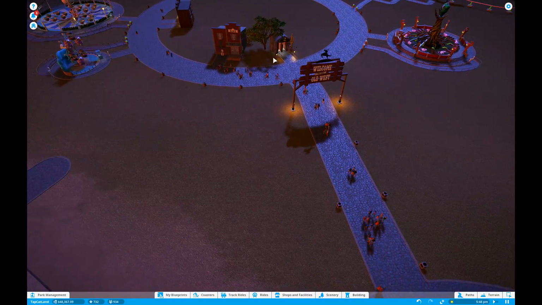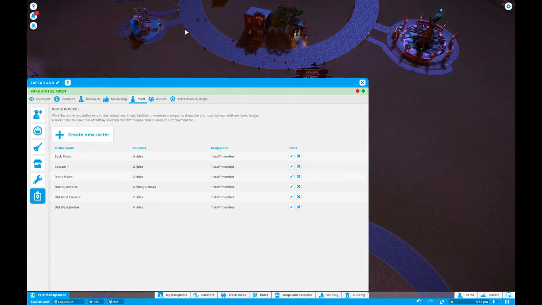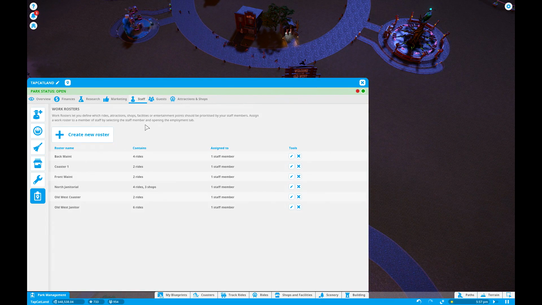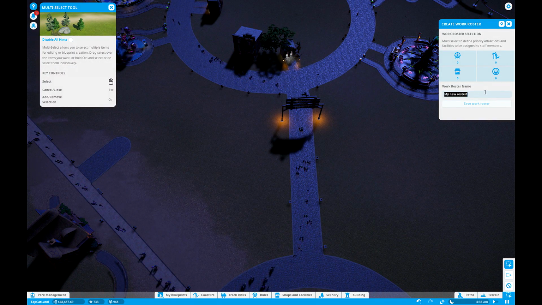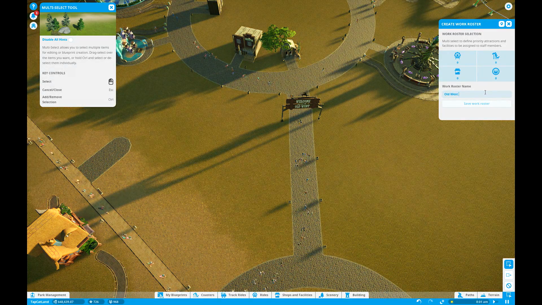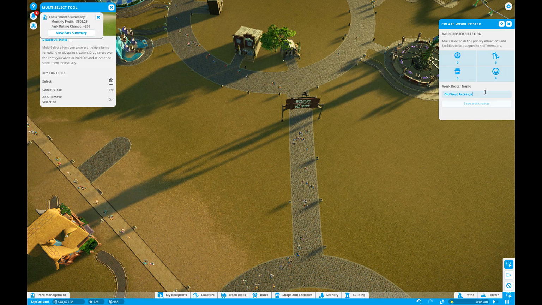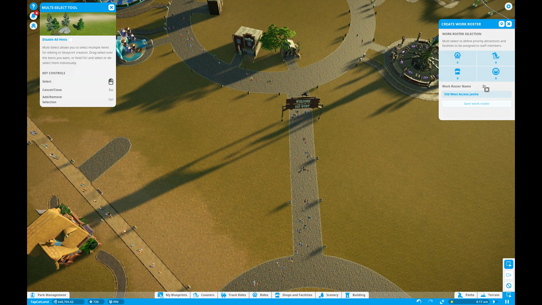Now, I have a janitor working in this general area, but what I need is somebody starting here and coming all the way out. Because those bins will get full, and especially around the food. So what we're going to do is create Old West access, I guess. I'm not quite sure what to call it. And I like distinguishing between the janitor and the mechanic. Oh, that's the max. All right, well,